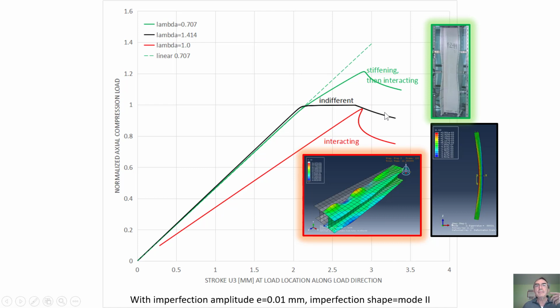Now the worst happens at the slenderness that the designer will want to use, which is lambda 1, because remember I explained for lambda 1 I have the longest column that is not affected by a significant reduction of load due to Euler. So for lambda 1 we have the red curve, and so we push and we go up here like this, and very close to 1 we have a buckling. But when we have this buckling, it is the two modes interacting, and the load drops very drastically, and it drops a lot. And this we can see here in red in this picture.